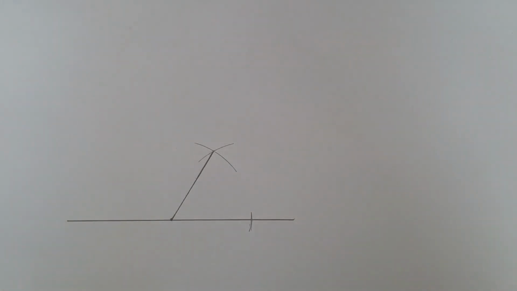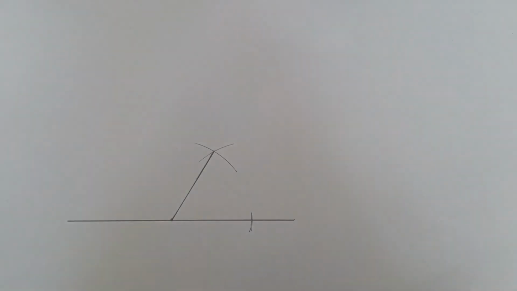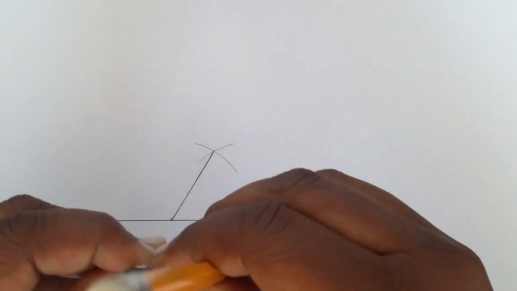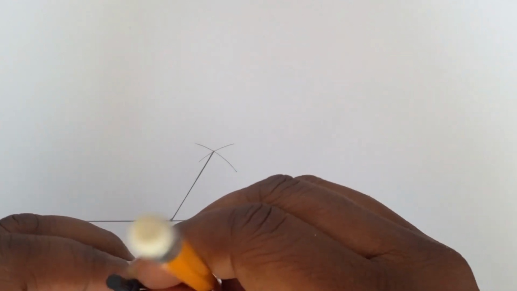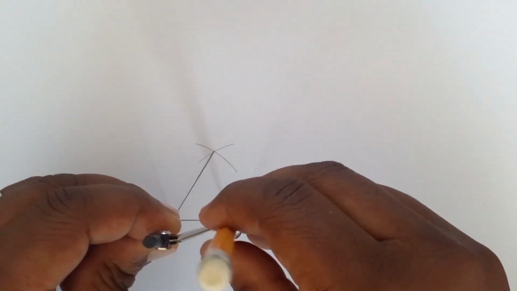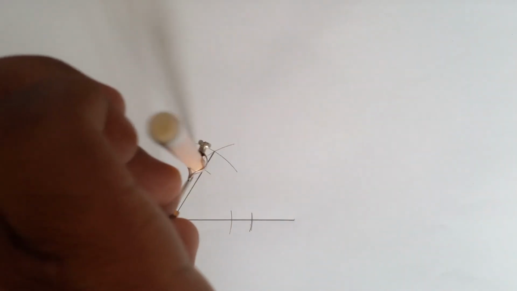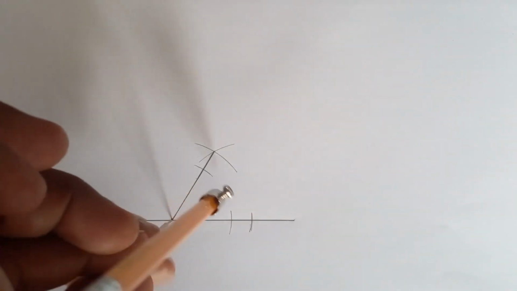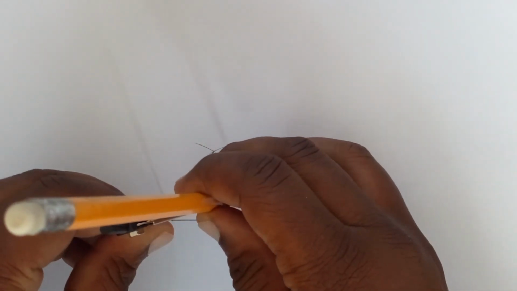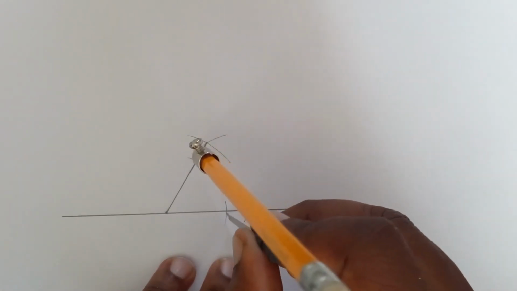Now I want to use that to draw a 30-degree angle. 30 degrees is obviously half of 60, so that means I'm bisecting this angle here. So what I'm now going to do is take my pencil and my compass, put the compass on that point there. I can make a slightly smaller arc, it's much better. Then just draw an arc there and an arc there without changing the radius. But because I'm bisecting, I'm going to need to increase this radius a little bit. Then come on this point here,